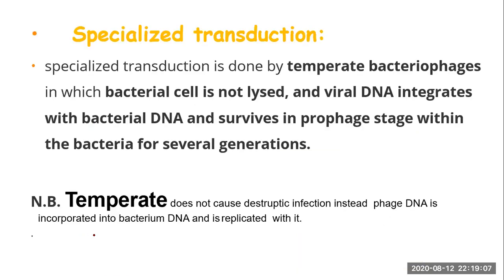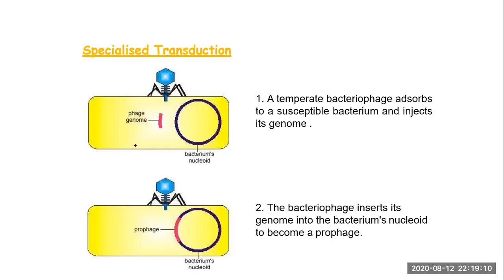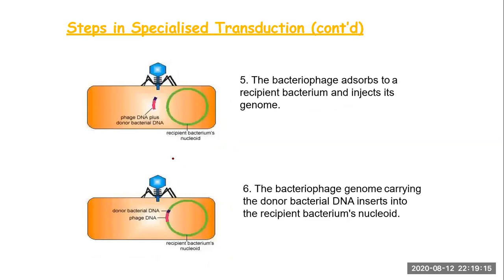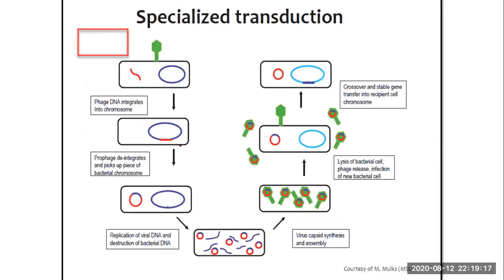Then if you go for the specialized transduction process, actually what happens there? Here it's actually divided in every step for your better understanding. If you go for that step, then I again go for the last steps, that is what happens in specialized transduction. Before the general transduction, a viral DNA injects into the bacteria, then this is the lysogenic cycle. Okay, as you already know about the lysogenic cycle of virus,